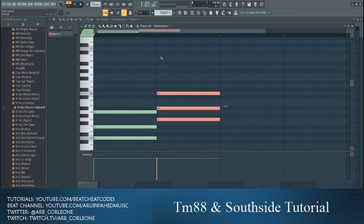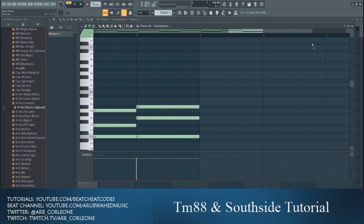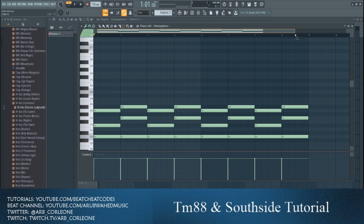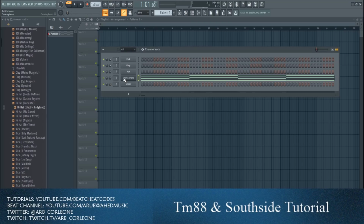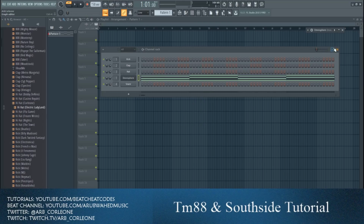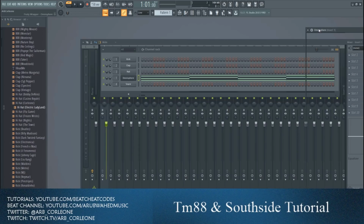So here I am making a chord progression, just D, G, D, G, D, G. Basic, like a lot of rock songs, just songs in general have that chord progression, D, G, D, G, back and forth. Then I'm just randomizing it to make it a little bit less machine-like. And then let me see what I do here. It's like an adventure, you never know what's gonna happen. Okay, so I think